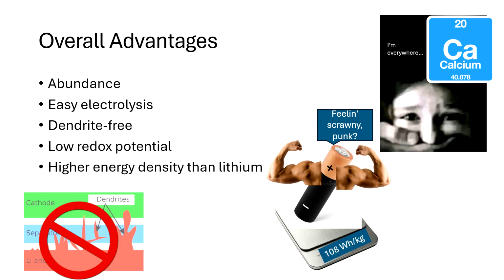Another thing is that because of calcium's divalence, that being it has 2 electrons to donate during its electrochemical reaction, it electrolyzes very easily. This also goes hand in hand with its low redox potential. So redox potential is essentially how likely it is for a metal to reoxidize